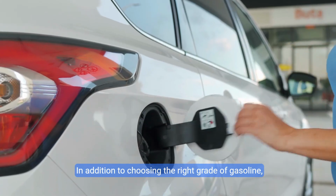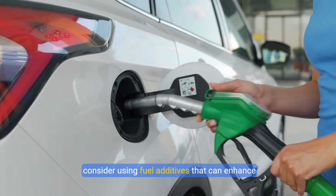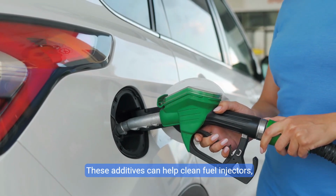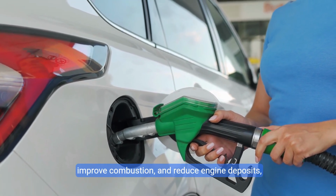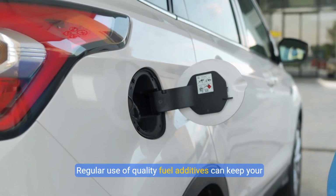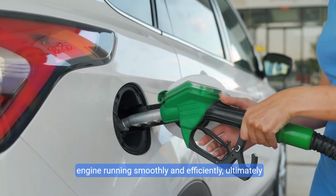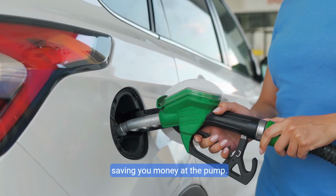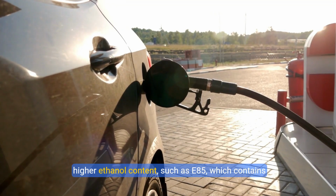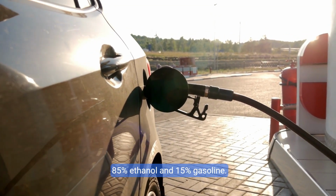In addition to choosing the right grade of gasoline, consider using fuel additives that can enhance engine performance and efficiency. These additives can help clean fuel injectors, improve combustion, and reduce engine deposits, leading to better fuel economy. Regular use of quality fuel additives can keep your engine running smoothly and efficiently, ultimately saving you money at the pump. Another option to consider is using fuels with higher ethanol content, such as E85, which contains 85% ethanol and